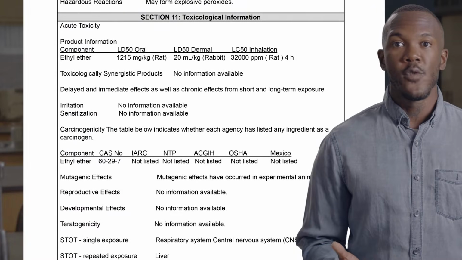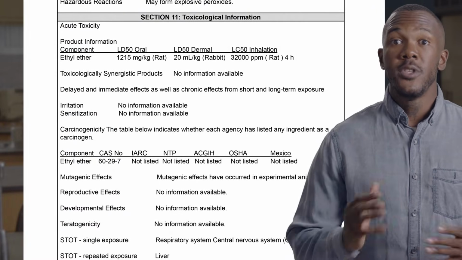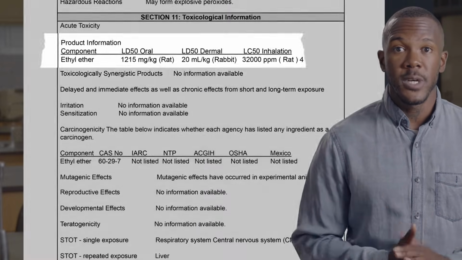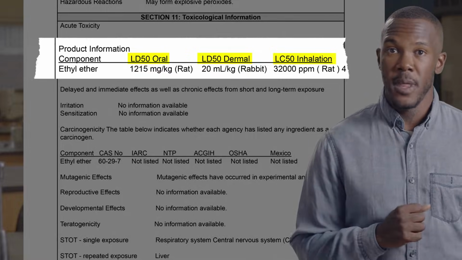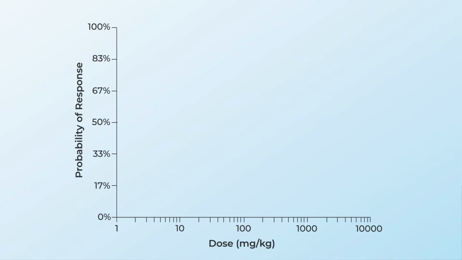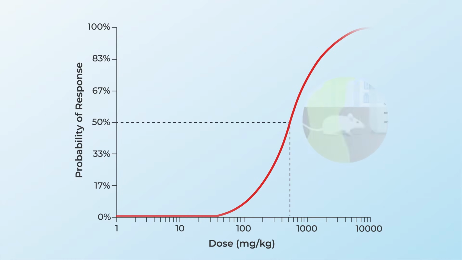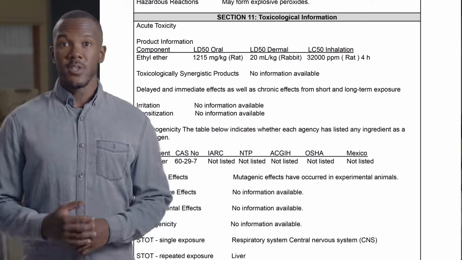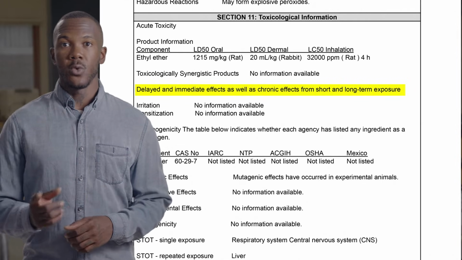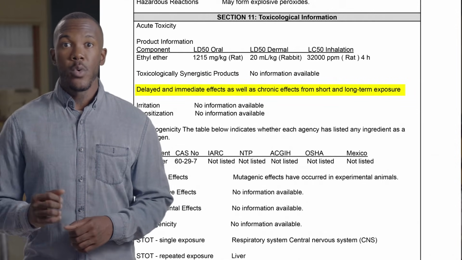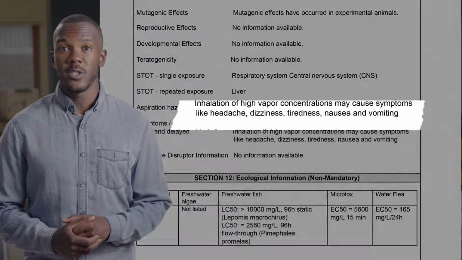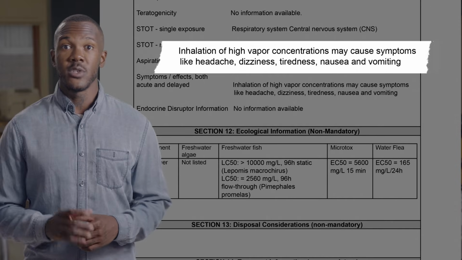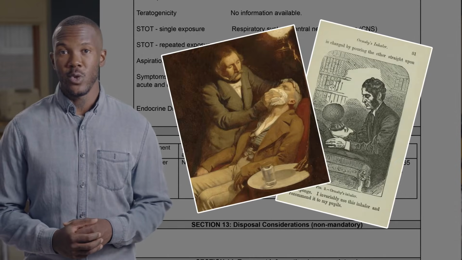Section 11 provides info about the toxicity of a chemical, the dose that can harm you. This is often expressed as lethal dose, LD50, or lethal concentration, LC50. The number 50 tells us how much of a chemical it took to kill 50% of a test population of lab animals. The toxicity of a chemical is divided into acute or short-term effects and chronic or long-term effects. We worry mostly about short-term effects in the lab. With ether, a single exposure may cause drowsiness or dizziness. In fact, it was once used as an anesthetic for surgery.